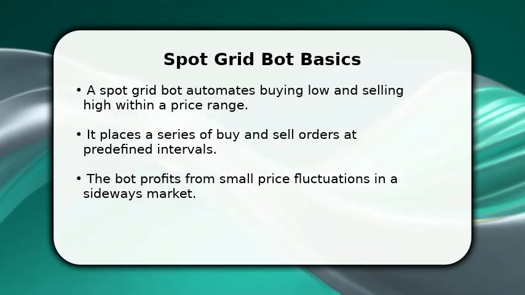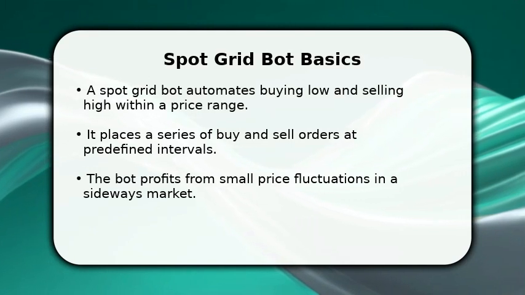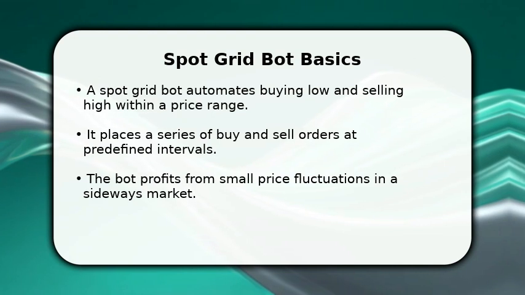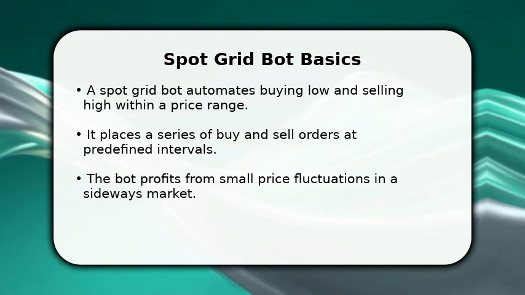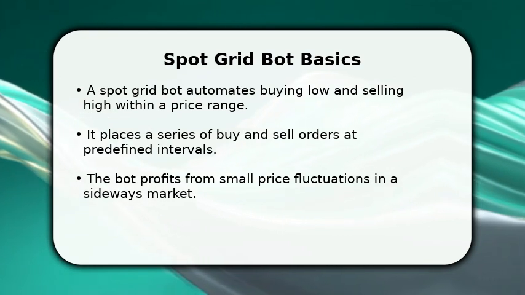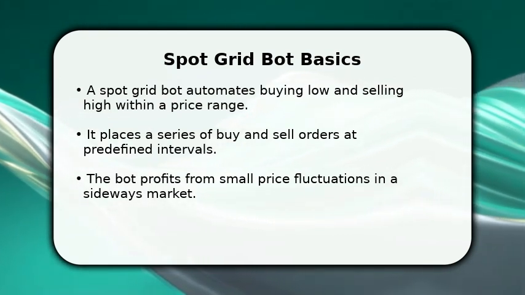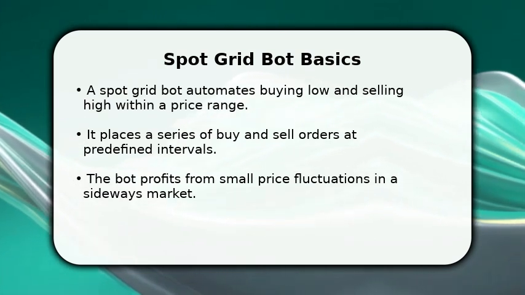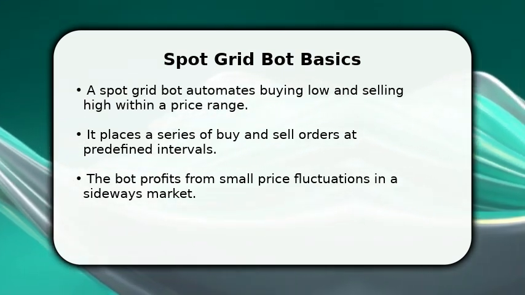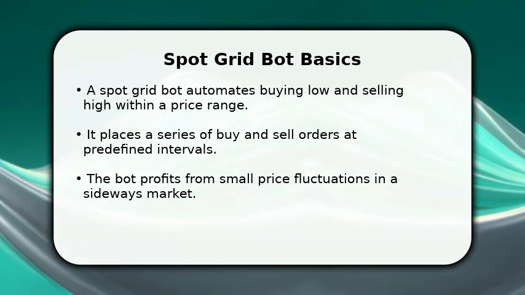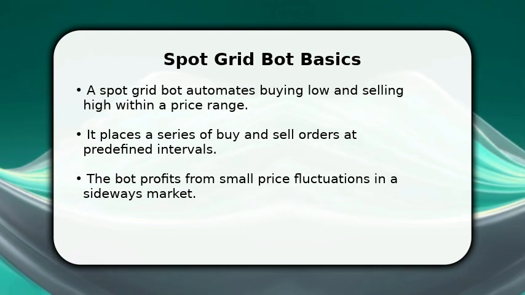In this video, I will explain how to use a spot grid bot in Bitget. A spot grid bot is an automated trading tool designed to profit from market volatility by placing a series of buy and sell orders within a specified price range. It aims to buy low and sell high, making small profits on each price fluctuation. This strategy is particularly effective in sideways or ranging markets, allowing you to capitalize on price movements without constant manual